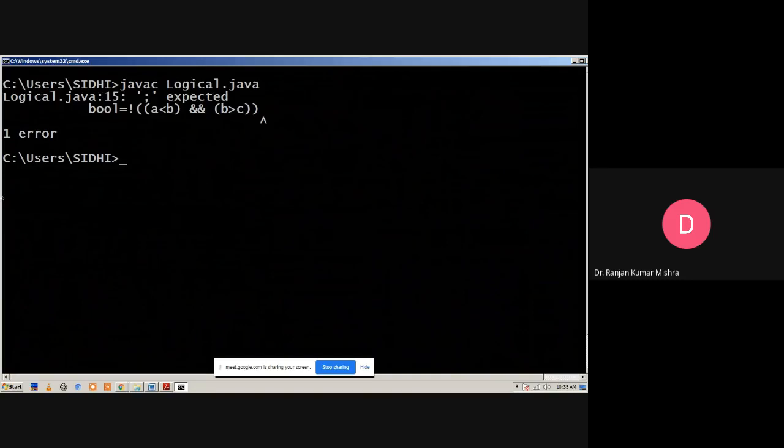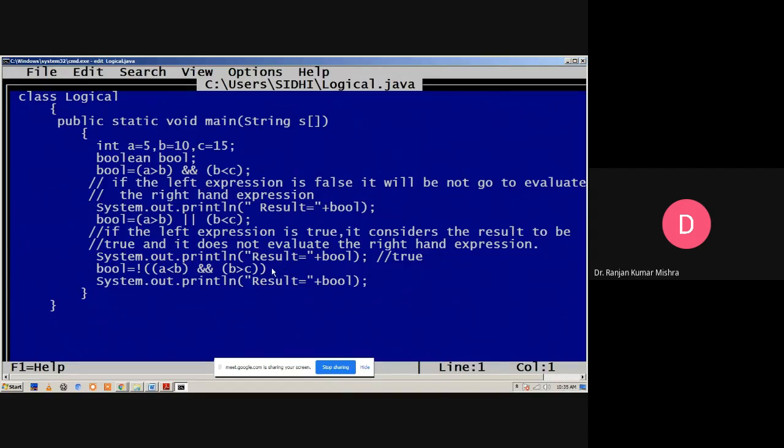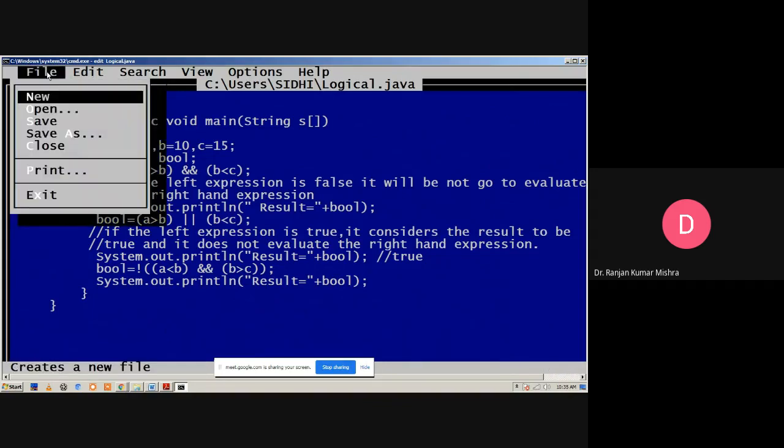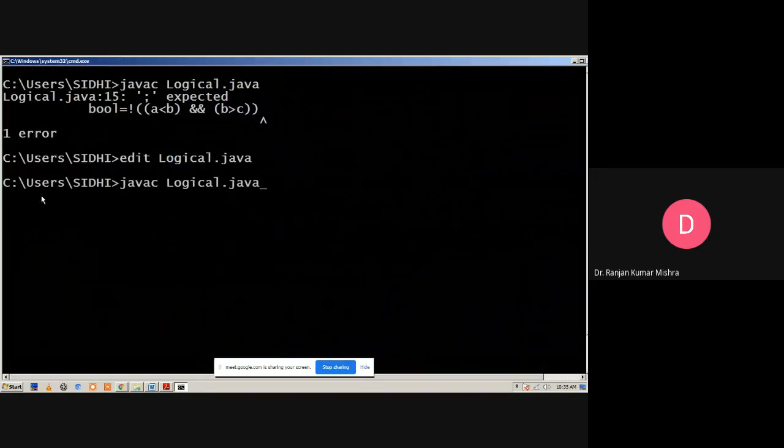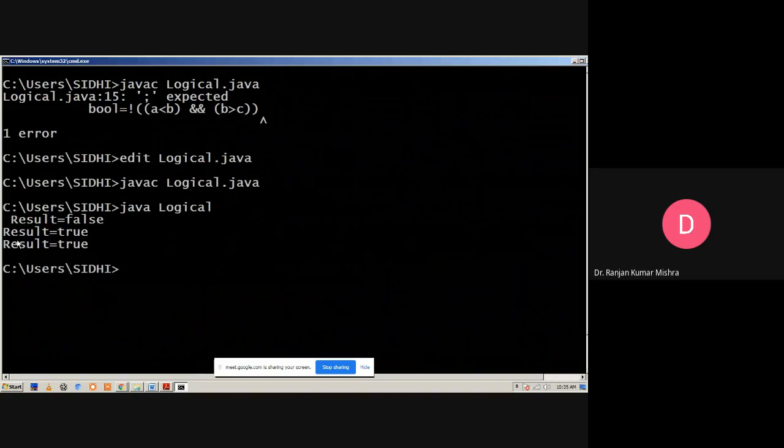This is a single error, generated because there is no semicolon at the end of the statement. Now we can remove the error. Edit Logical.java. Now we add the semicolon. Save and exit, javac Logical. Now we run java Logical. The condition becomes true.